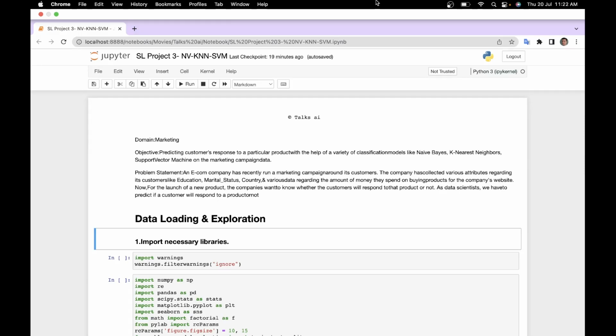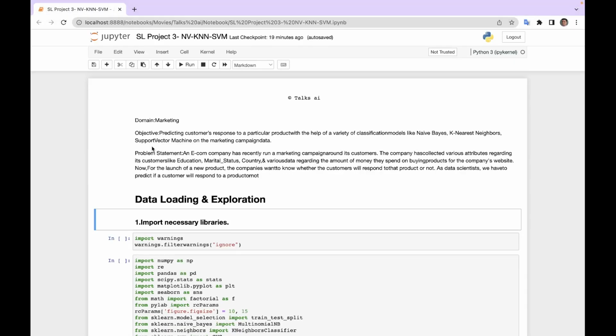So this is basically a project on marketing again, but this time we will be applying naive Bayes, k nearest neighbor, and support vector machine algorithms. The objective again is to predict customers' response to a particular product with the help of a variety of classification models like naive Bayes, k nearest neighbors, and support vector machine on the marketing